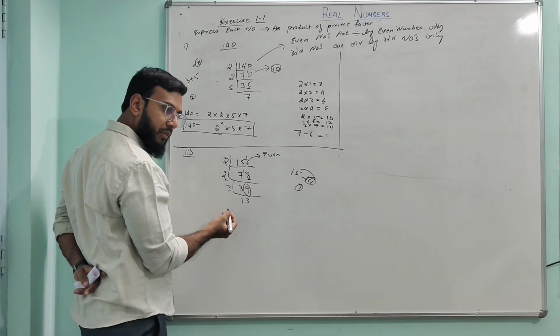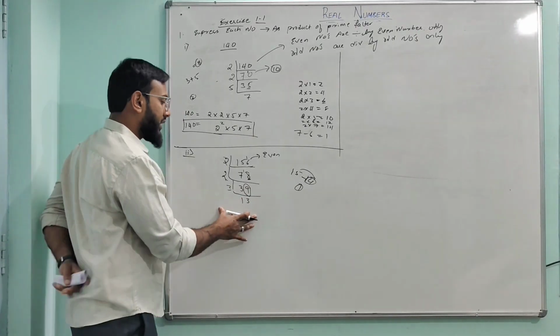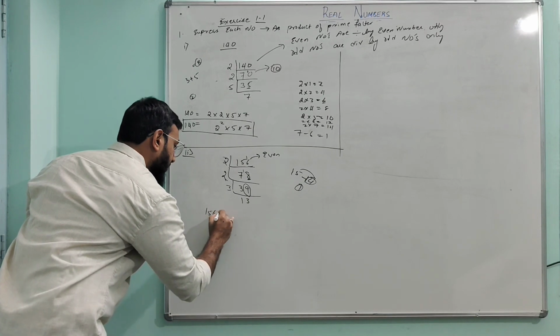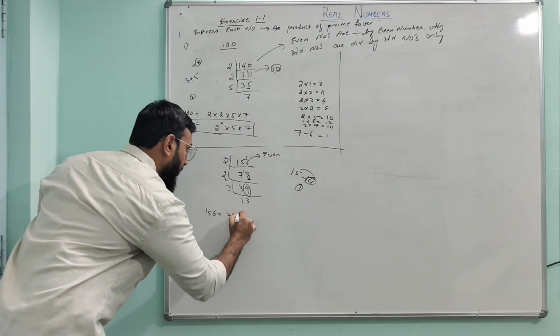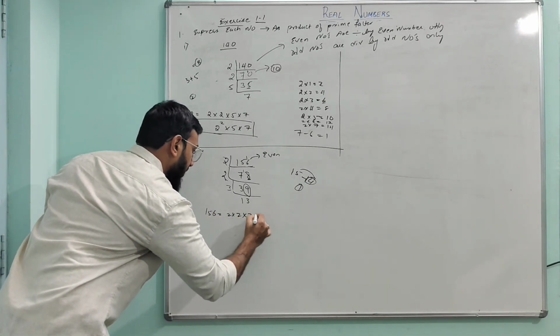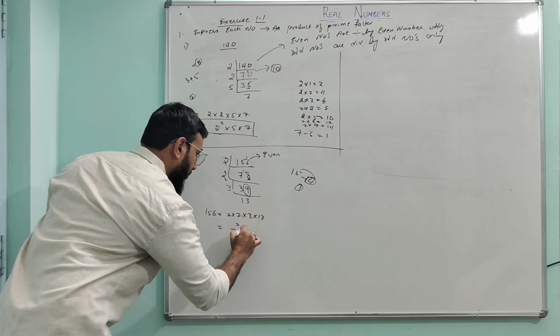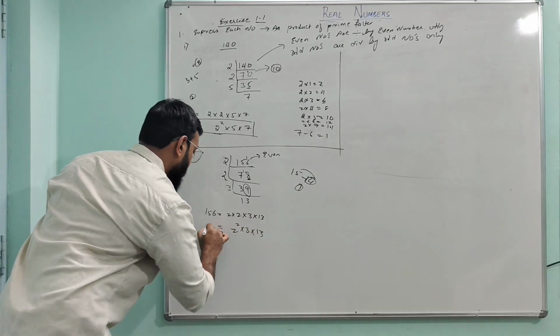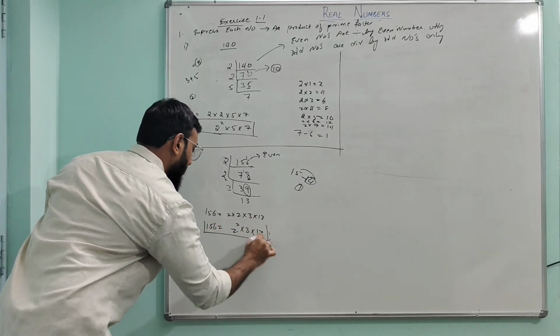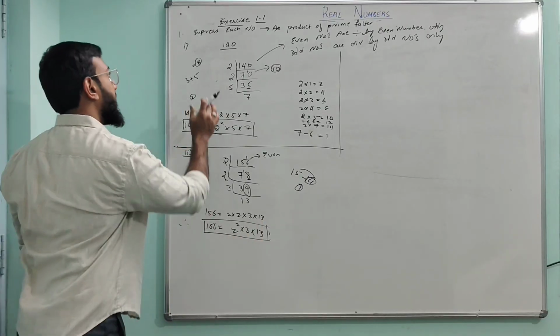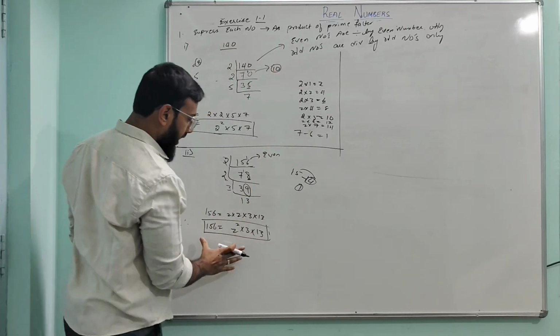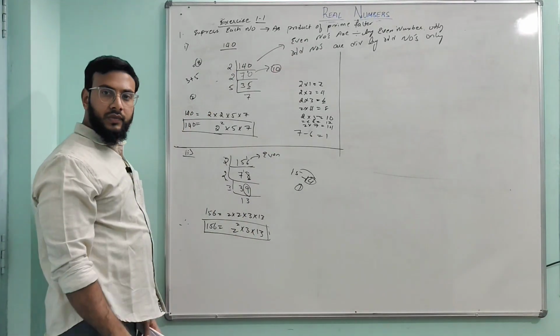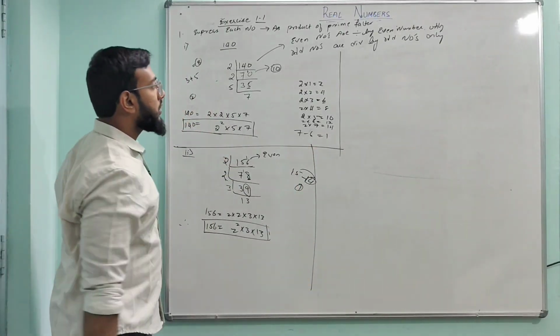So 13 is a prime number which we can't solve further, hence I can write it here. 156 is equal to 2 into 2 into 3 into 13. Further, if you want to solve, 2 power 2 into 3 into 13. This is the final answer. Therefore the product of prime factors is this one. Clear? चलो, नेक्स्ट क्वेश्चन सॉल्व करेंगे।